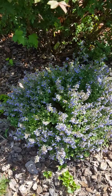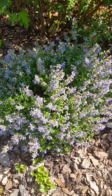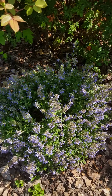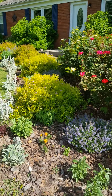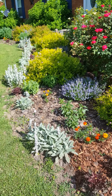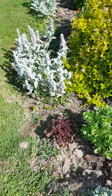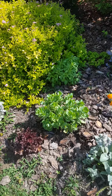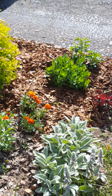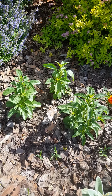Catmint. Nepeta. I think this one's called Walker's Low. But it's been giving me that blue color for at least a month now. Nepeta. Also in here is the coral bells, the burgundy. Autumn Joy Sedum. That's the Autumn Joy. And then later will be the blue Victoria Salvia